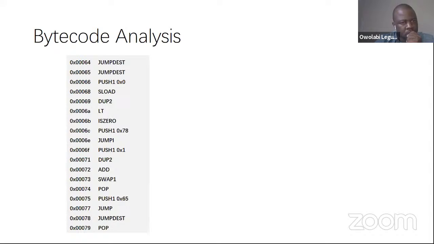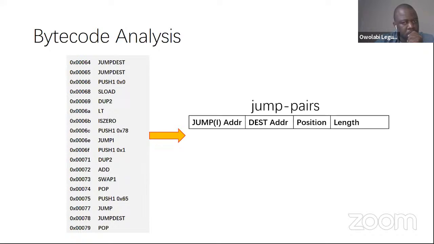eShield first uses the EVM CFG builder to recover the CFG of the contract. The analyzer marks every JUMPI with its jump address and keeps them in jump pairs. Each jump pair